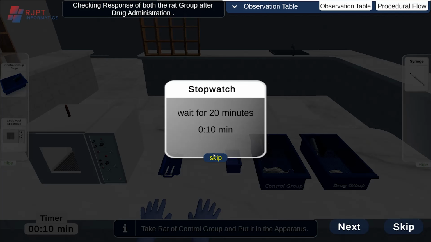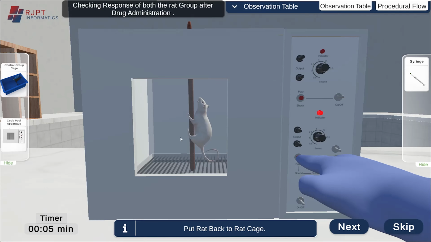We use the control group rat. We press the buzzer, and in response to the buzzer, the rat immediately climbs to the wooden pole, as he knows that after the buzzer stops, the electric shock is produced from the grids. Now we will remove it from the control group, as we know, because we have introduced saline solution, no drug,